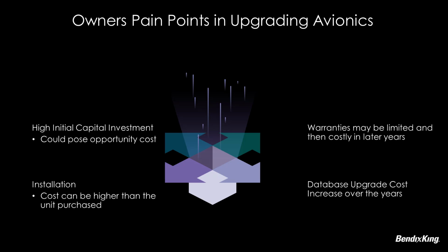So what are some of the pain points that we are seeing pilots or aircraft owners face when they're trying to upgrade their avionics? First of all, as I mentioned earlier, you have a high initial capital investment. However you're getting this, maybe you have put in your own money. Remember, there's always a hidden cost, which is called opportunity cost. Basically, what else can you do with that capital? Maybe I want to buy some other product that is more important for me. Or, as we'll see, maybe you just want to invest it and make more money on top of that. So that's also an important aspect of